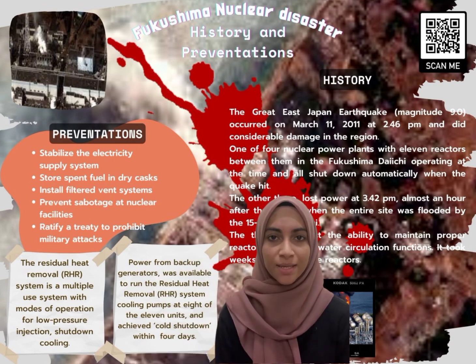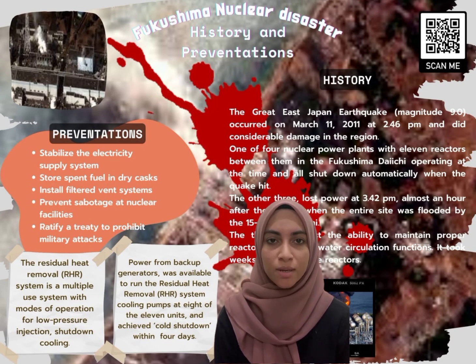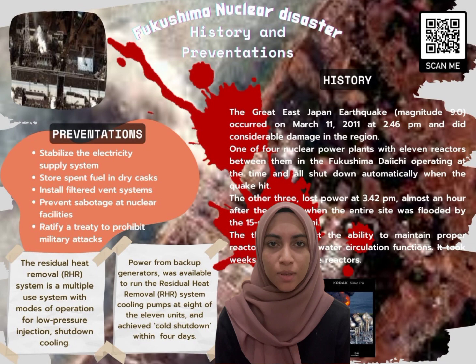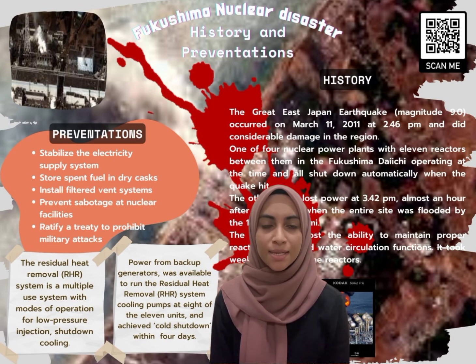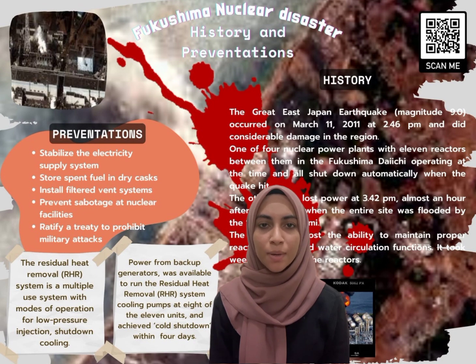To prevent this kind of nuclear disaster from happening again, both the nuclear industry and government officials worldwide must seriously consider making at least 5 major changes to the safety systems at nuclear power plants, as well as to security measures and international agreements. First, stabilize the electricity supply system. Operators should install multiple connections to the offsite power grid, station emergency diesel generators on high ground, and deploy plenty